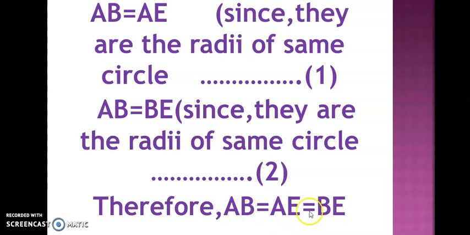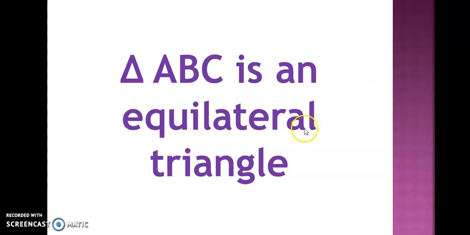So these AB, AE and BE are the sides of the triangle, and they are equal. So can we conclude triangle AEB is an equilateral triangle? Yes, this is what you proved, that the triangle is equilateral, and you constructed this equilateral triangle on the given line segment. Can you tell me, children, which axioms we used here to prove these two theorems? Yes, axioms 3 and 4, isn't it? So, I hope you understood, children. Now you have to try your exercise problems, okay? Thank you.